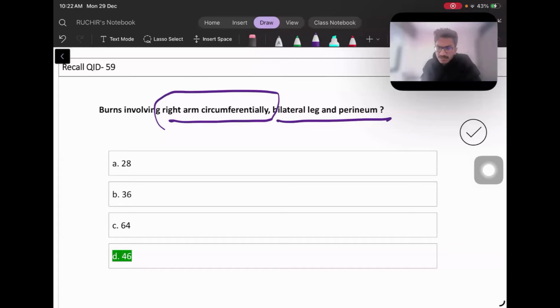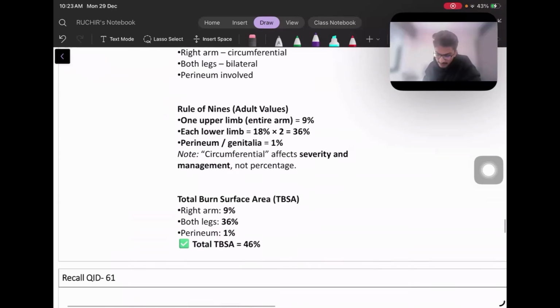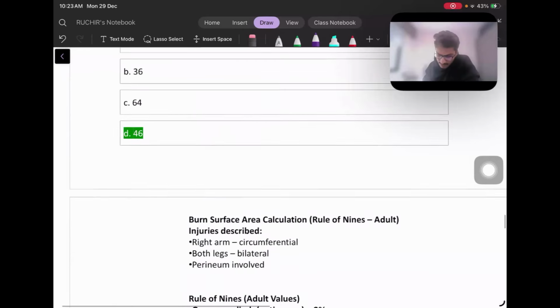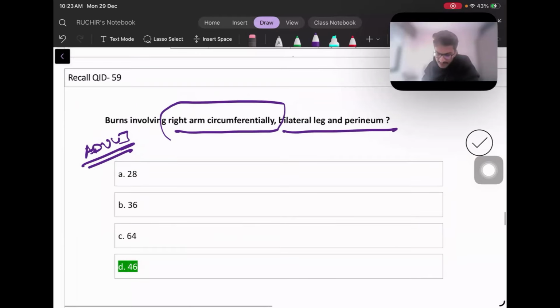Was this the answer, the question stem? The description was there, but the stem is right. So the description was almost similar to this: an adult with right arm circumferentially involved, bilateral lower limbs and perineum. I think if it is lower legs, or lower limb, there is some discrepancy in this. But as the majority of you said, if we see that right arm circumferential involvement,